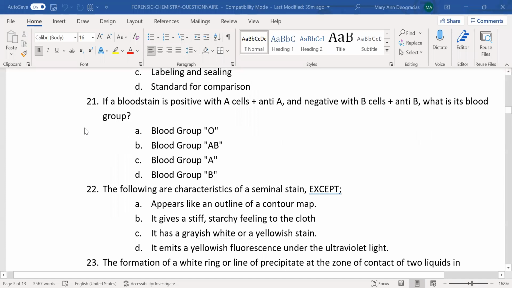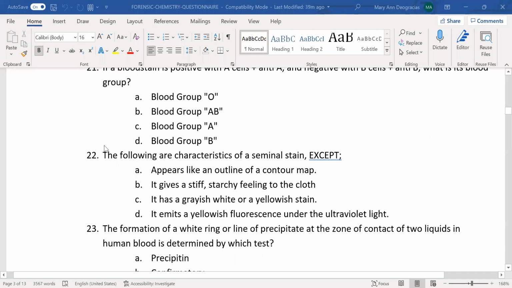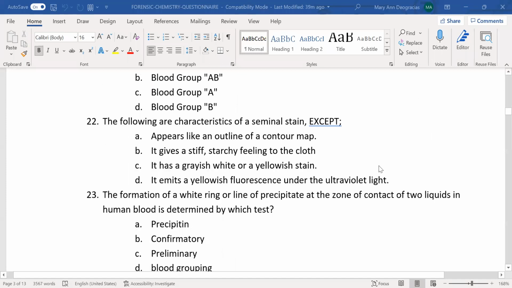Number 22. The following are characteristics of a seminal stain except, ayan, appears like, ma'am, if both positive, no, it's not. Pag both positive yan, ang blood group niya is, okay. Tama, group O. Oo, pag both positive yan, since blood stain yan, ang blood group niya is O. Tama yon. Okay, number 22. The following are characteristics of a seminal stain except,